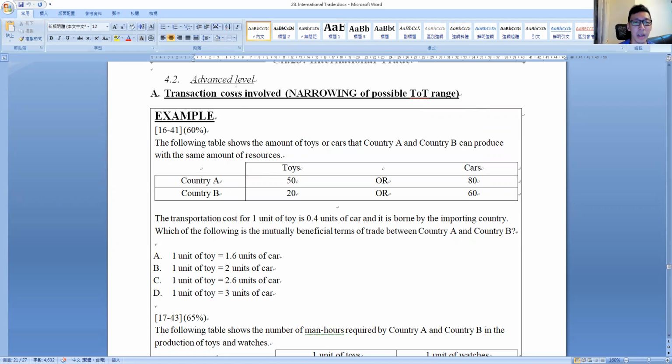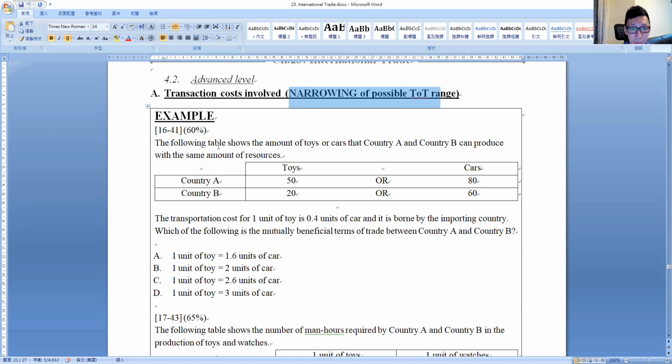Now here the first type of advanced level, so to speak, would be this. Remember last time we said most of the questions didn't involve transaction cost, right? But this time, what happens when there is a transaction cost? 好啦，有成本嘅時候係點啊？ An example of transaction costs would be, let's say, transportation, 係咪？運費咯。So let's see how we do it. Here you see I have already written down the solution. The solution is to make the terms of trade range narrower. 一定令佢收窄咗㗎，好嘛？